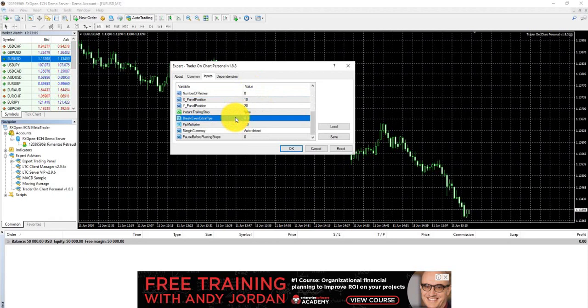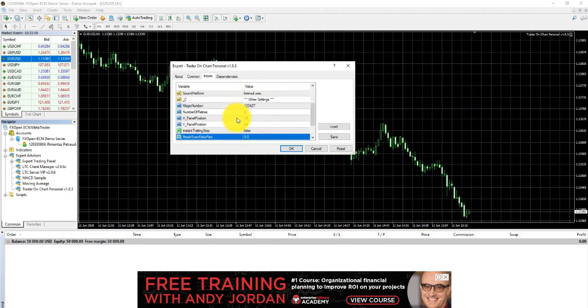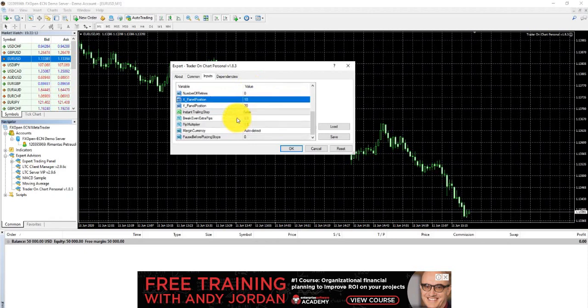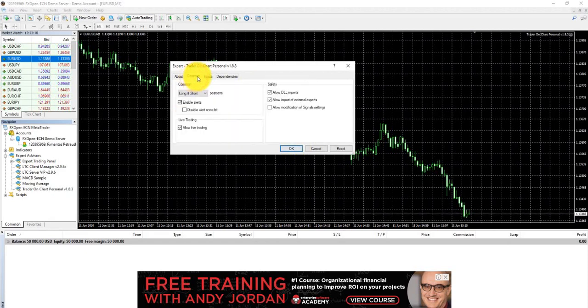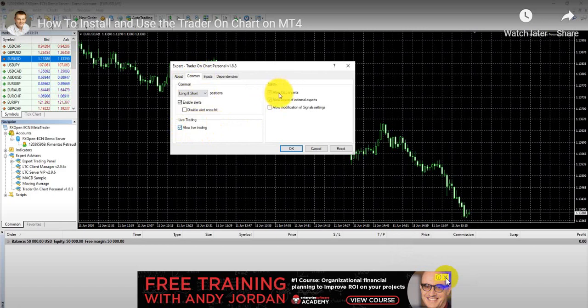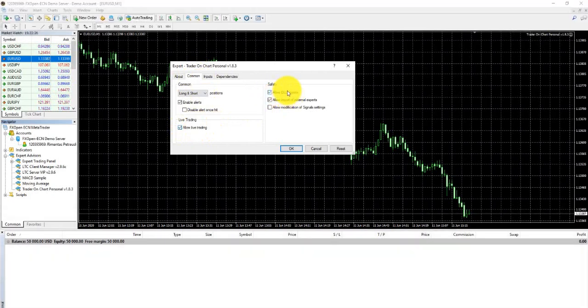As for these settings, you can just leave them at defaults. Usually you don't need to change anything there, and if you ever do, it will be quite advanced settings, so I won't talk much about them. I just click OK. Oh, one more thing, sorry. In the Common tab, make sure that you have Allow Live Trading and Allow DLL Imports selected. Otherwise, it will throw an error because this thing requires DLL libraries, and if they are not allowed, MetaTrader doesn't